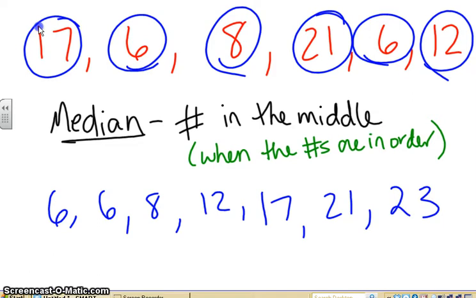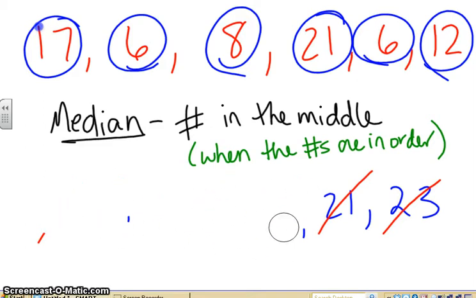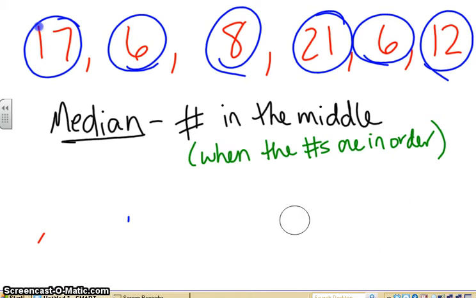Now, to find the median, it's the number in the middle. So what I do is I mark off my first and my last, my second and my second to last, my third and my third to last, and then there is my median. That is my number in the middle of the list. So now let's take the list that I had before I added that extra number and find the median of that. Because the median of the list that I just gave you is easy because it was an odd list of numbers. So if I take my same list,